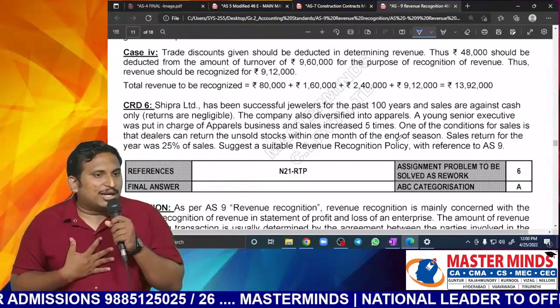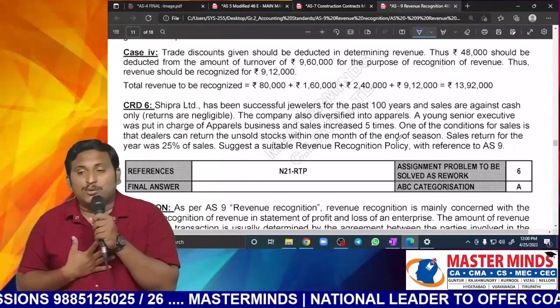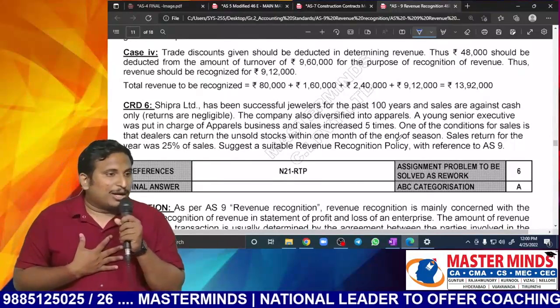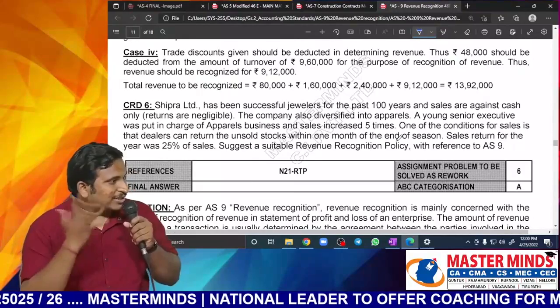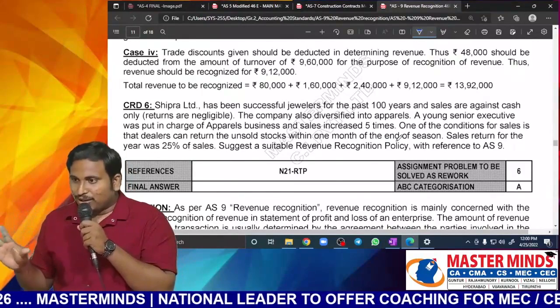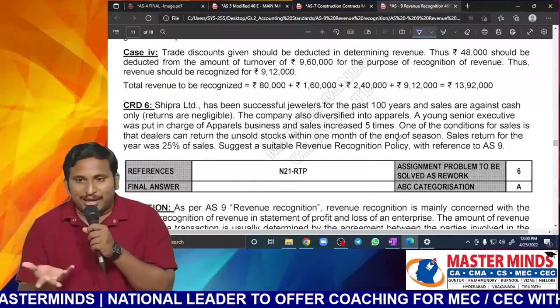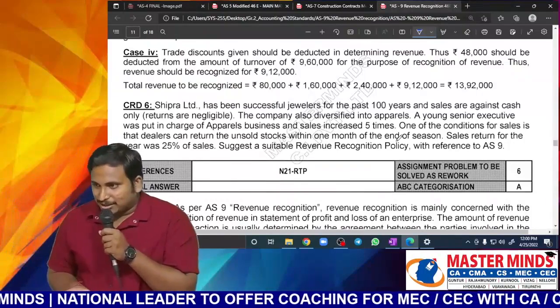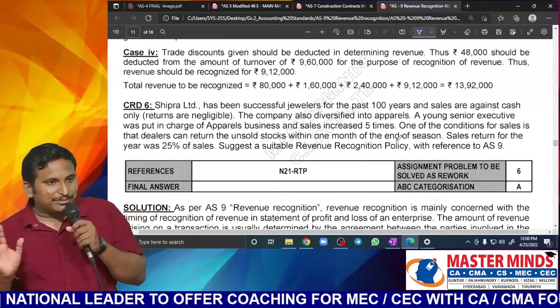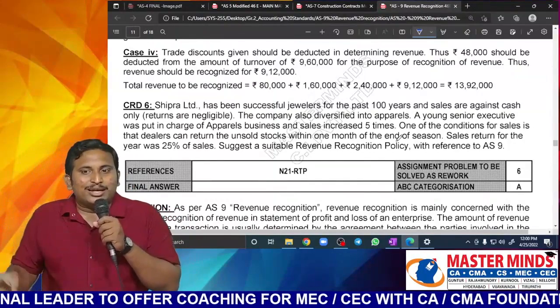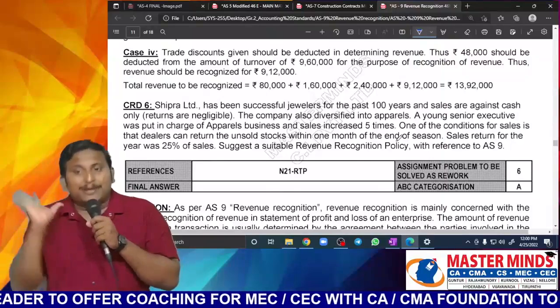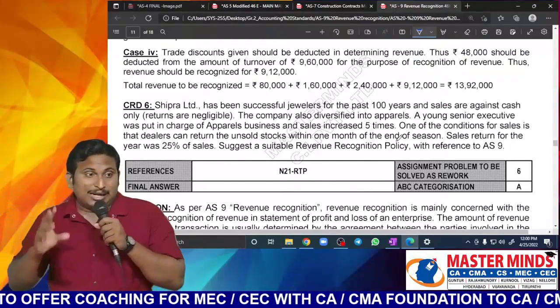Have you ever observed that, sir? Yes, because they always have a chance that within 1 month of purchase they can return. No extra charges, nothing for returning them. Like that, some period will be there for every intermediary person. They can return within some period. They'll have a right to return on a limited period basis. It is not an unlimited period.